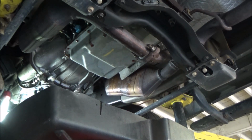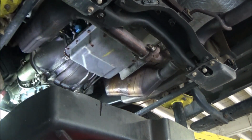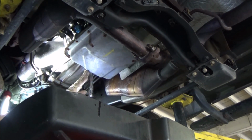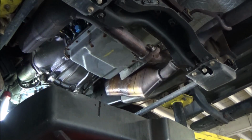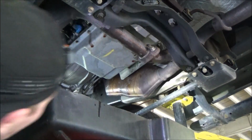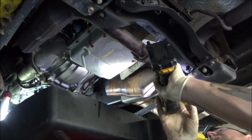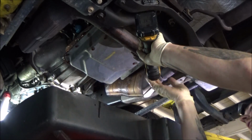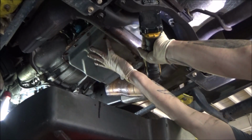Sweet. So this is slowed down considerably now, so I'm just going to go ahead and pull this bolt out a little bit more, maybe all the way. Yeah, we're just going to pull it out all the way. So now that I have that out all the way, I'm going to come around to this back side. I'm going to loosen this bolt up just a little bit. And as I loosen this up,